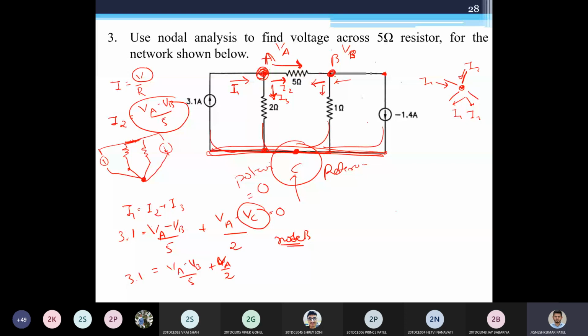So at node B, I can again write down the equation like this. Let us assume again I1, I2 and I3. Now forget about the earlier I2, I3. I'm assuming new I1, I2, I3 over here. So what would be my equation? My equation would be I1 is incoming, so I1 is equal to outgoing, which are I2 and I3. I1 equal to I2 plus I3.